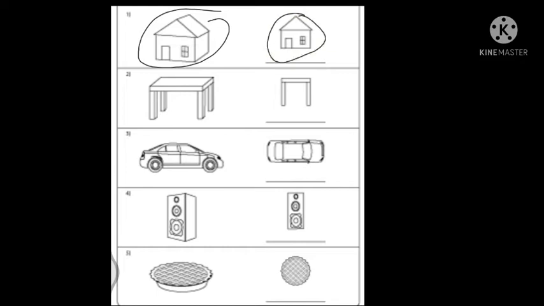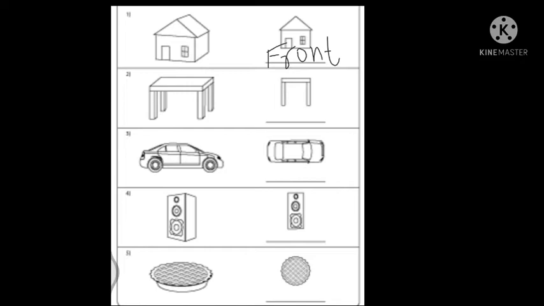Now first we will see question number 1, this one house, right? And here if we look at this house, if you observe, this portion is showing, right? If we look from the front, we can see this much only, right? So that means this is the front view of this house. So in the blank the answer is front view. Just now I am mentioning only front as I get this much space, that's why. You can write down the full front view. Is that clear to everyone?